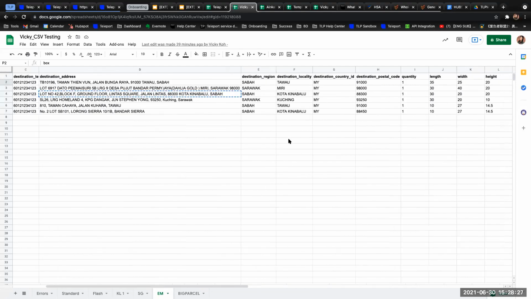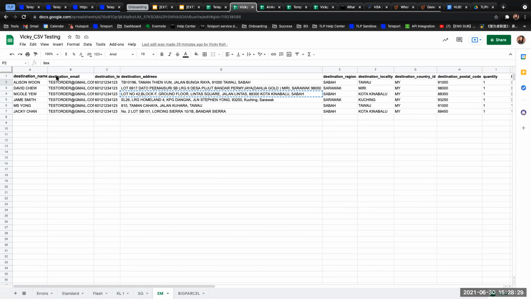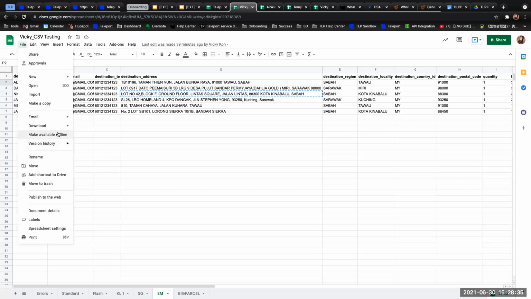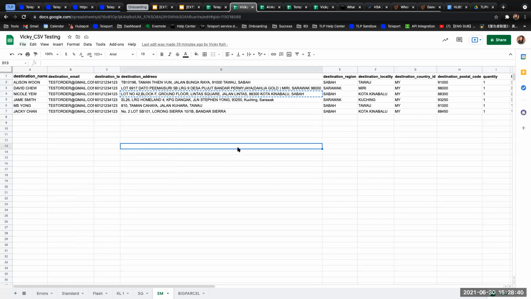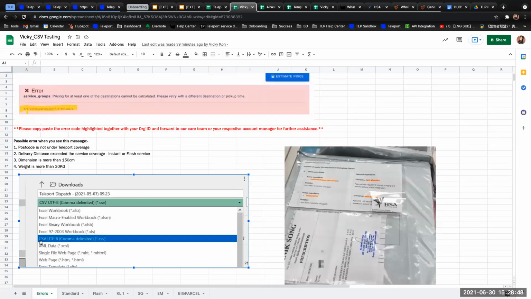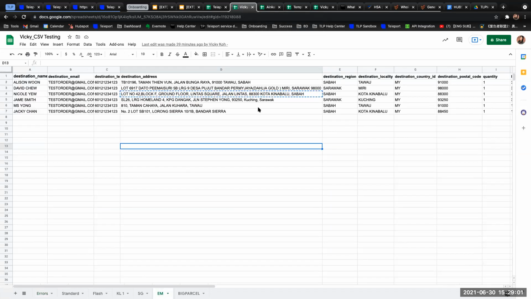Once you key in all this, for those merchants using Google Sheets to do bulk upload, you can click download, then comma-separated values CSV. For those merchants using an Excel file to do bulk upload, make sure you download the file as CSV UTF-8. The reason is that this file format is able to rectify the symbols inside your template here. Once you download as CSV,